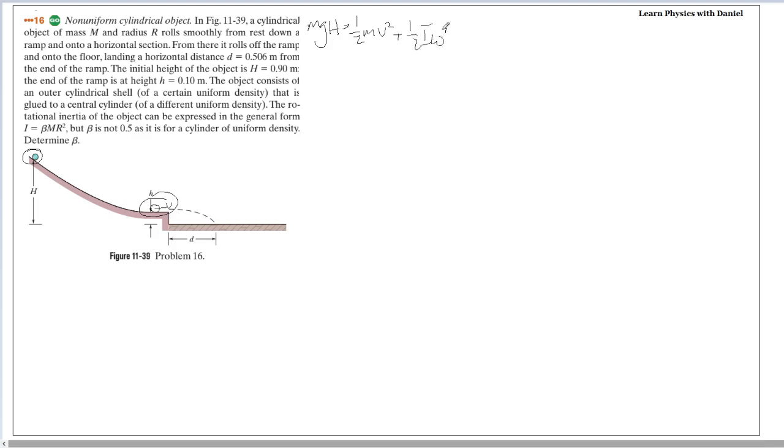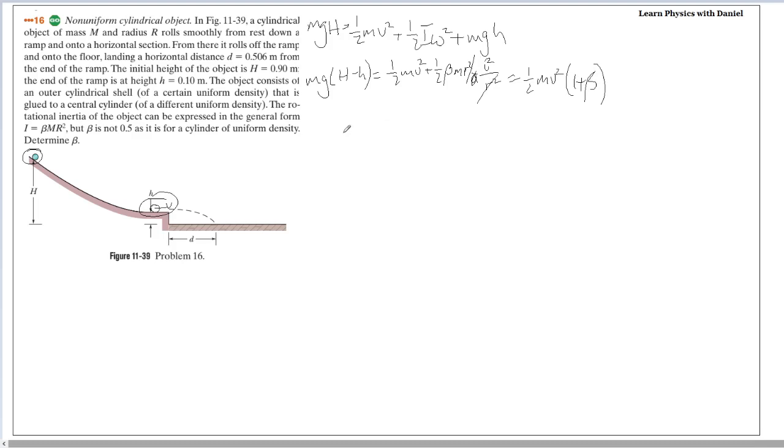I omega squared. Now we can plug in v squared over r squared for omega squared because the object is not slipping. And of course we have beta mr squared for I. And we also have an mgh here because it still has some distance to fall. So all in all, we get mgh minus h equals half mv squared plus half beta mr squared plus v times v squared over r squared, which equals half mv squared times 1 plus beta, because we can cancel the